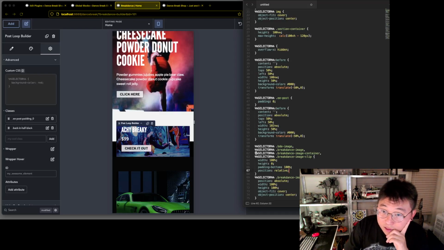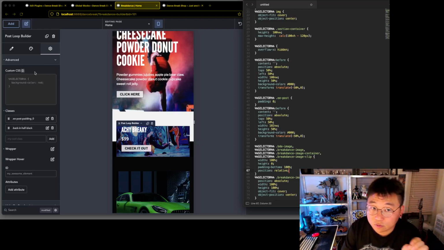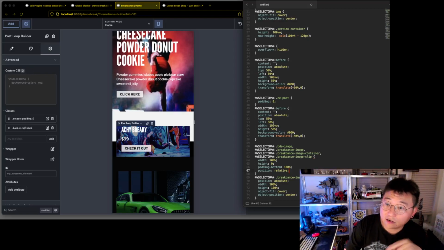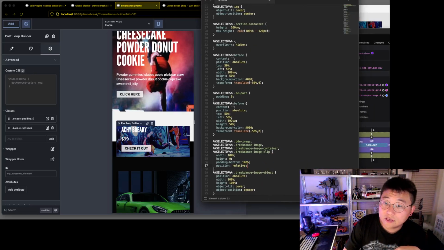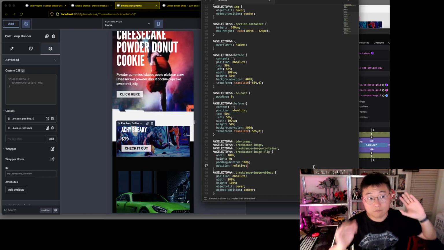This guy. All right. What we're going to do now, you can see the custom CSS here because this can be added separately from the classes. We're not going to add a class. We'll just add it here. All right, so remember this thing here that we had. We'll add this whole thing. And this came from